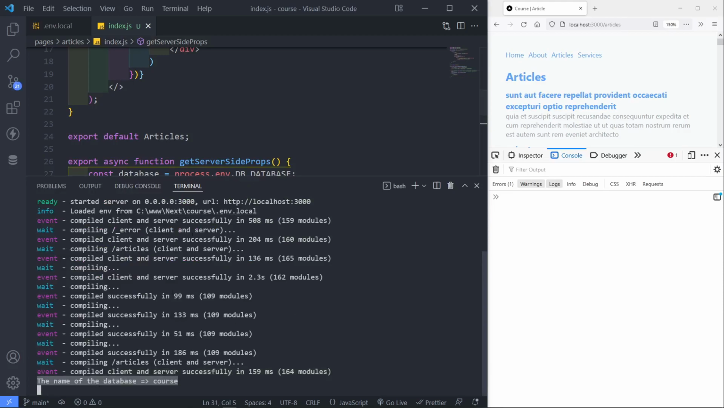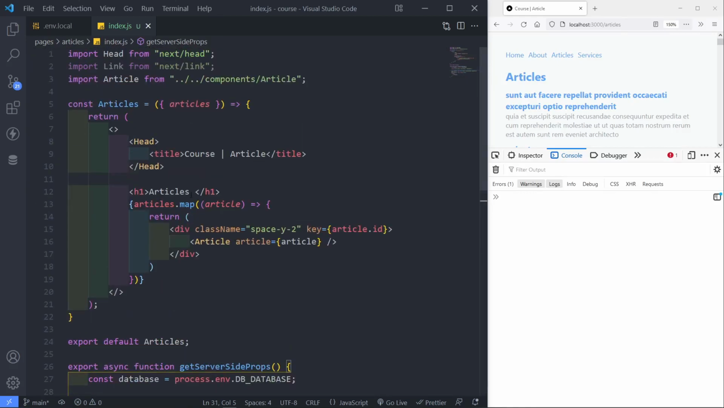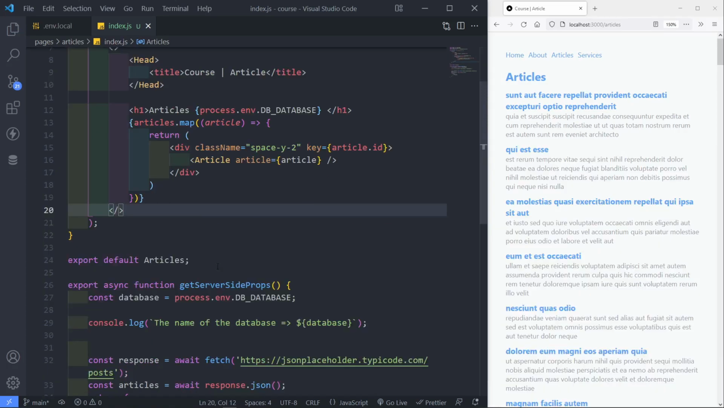It will only run in the local environment, in the Node.js environment. Okay. Now the thing is, let's try to access that in our articles right here. So let's quickly see if we can expose it in the browser. So let's quickly add it. Right, so I'm doing the same thing. So if I refresh this, you will see